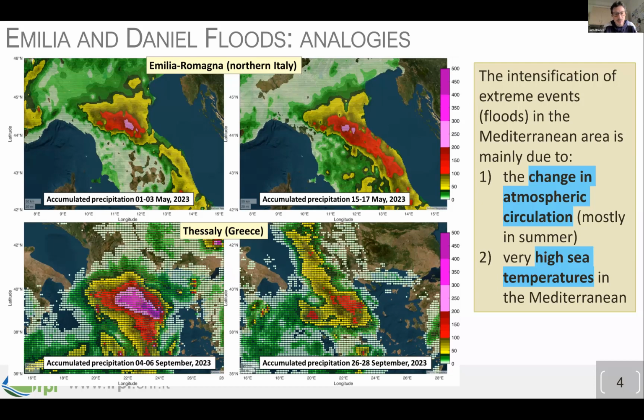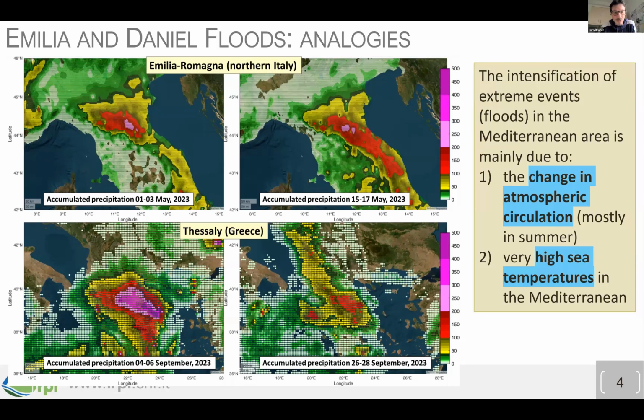So we have these storm events that occur more frequently and also in the same location. The intensity of the storm is strongly related to the sea surface temperature. If you were living in Italy last year and you went to the beach in the summer, the water was really hot. I went and I wasn't able to swim because the water was too hot.